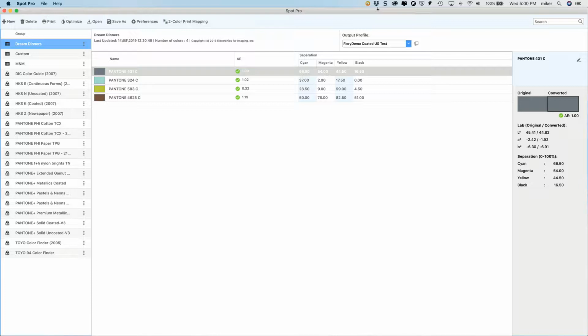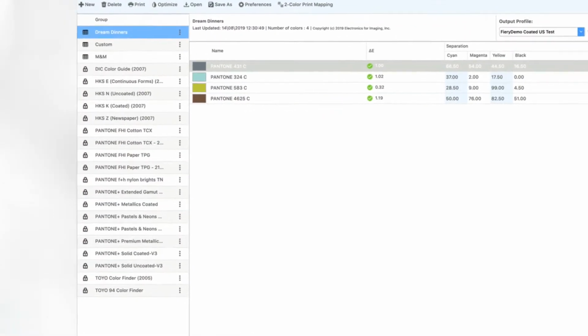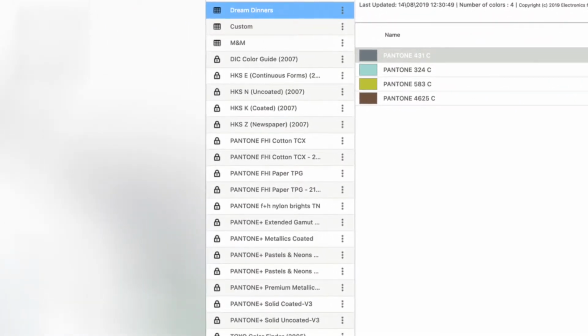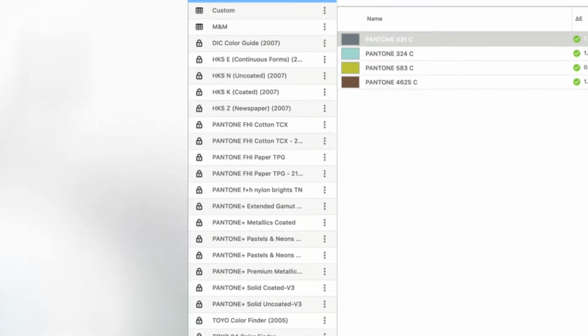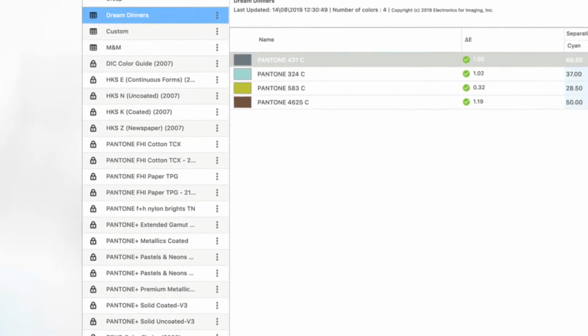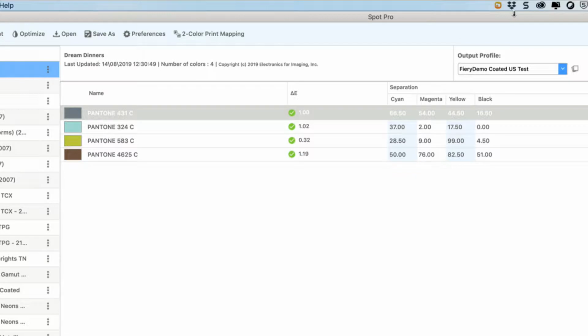You can adjust the Spot Pro interface to suit your needs, but the out-of-the-box view consists of 3 primary regions which bring the information needed by operators right up front. Spot Pro lists the color libraries on the left, with custom libraries at the top and standard locked color libraries at the bottom. The central region shows the names and visual representations of all spot colors contained in the currently